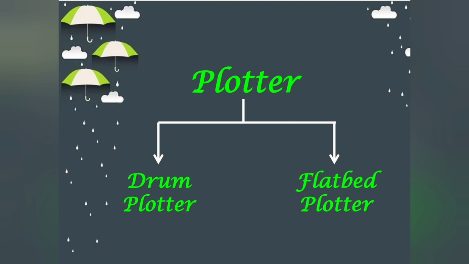Here, what is meant by banners, posters, maps, etc.? Did you see the cinema theater, children? In front of the cinema theaters, they are having big banners and posters, no? Those big banners and posters are printed by the plotters only. Okay, could you understand, children? What is meant by plotter? What is the use of plotter?